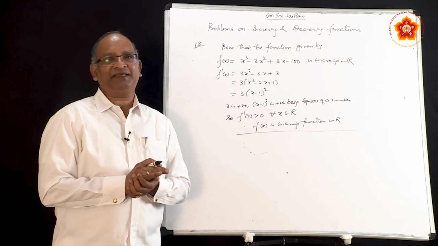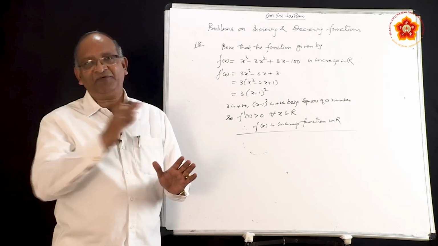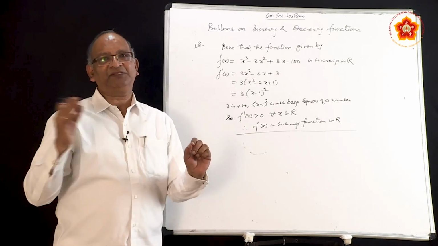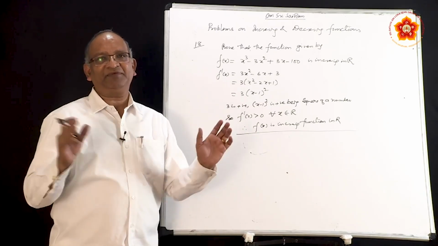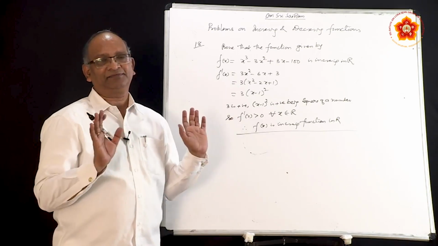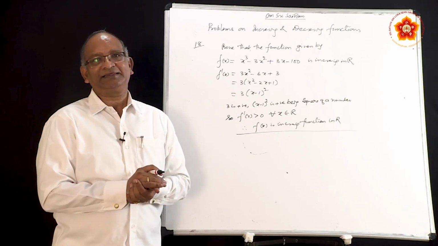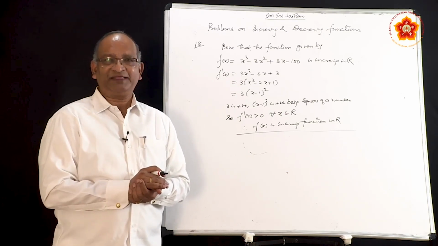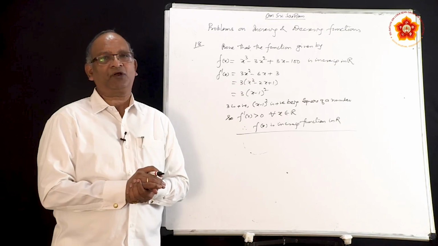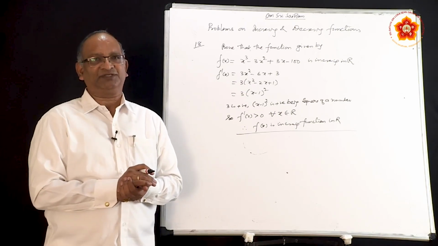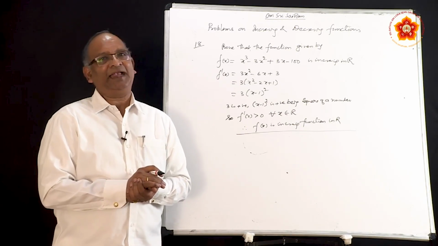Whereas the second definition says, find the derivative for any value in the interval. If derivative is positive, conclude it is increasing. For any value in the interval, if the derivative is negative, conclude that it is decreasing. So, this is how we solve the problems based upon increasing and decreasing functions. With that, we come to a close of the second subtopic of this particular chapter called increasing and decreasing functions. And then in the next session, we are going to study about tangents and normals.